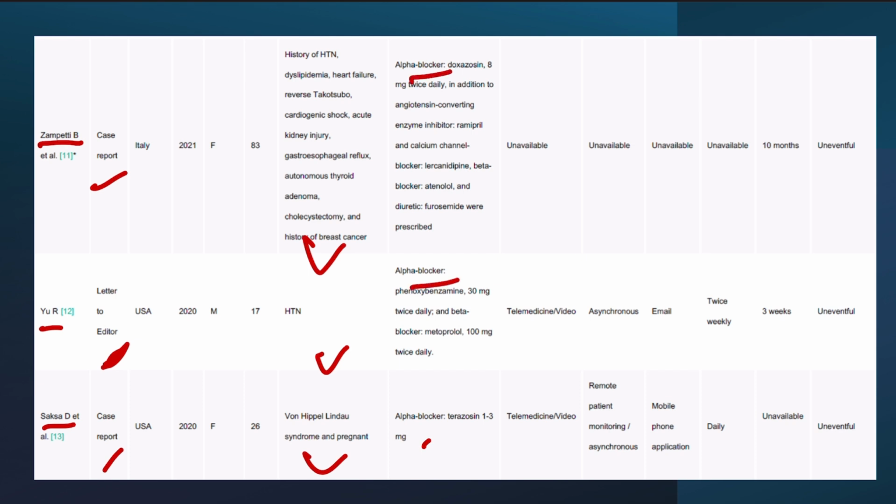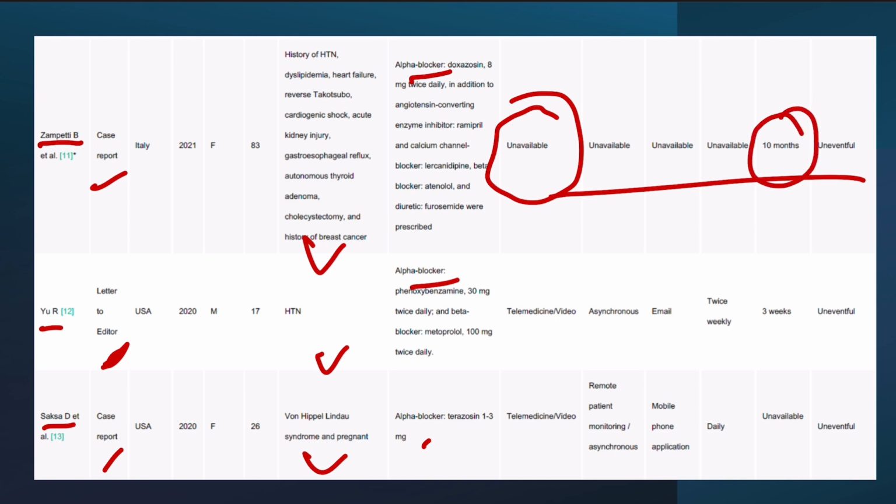In the case of the initial visit, the details were unavailable for the first study, so none of the other events are known, but the pre-operative period is basically 10 months for this patient, and the surgery was uneventful. As you can see, in all the cases surgery was uneventful. Then we had remote patient monitoring in this case, because this patient is a 26-year-old pregnant female, so extra caution has to be taken. That's why remote patient monitoring is done, so that we can get the details of every minute via the mobile application.